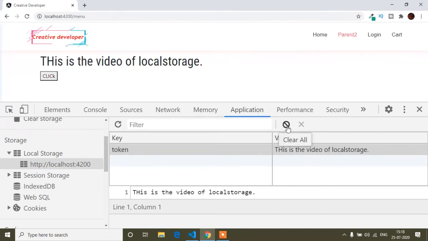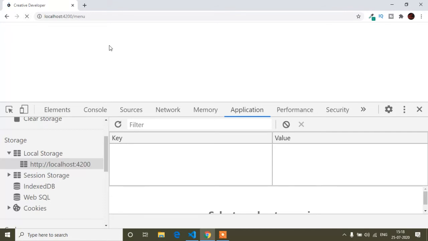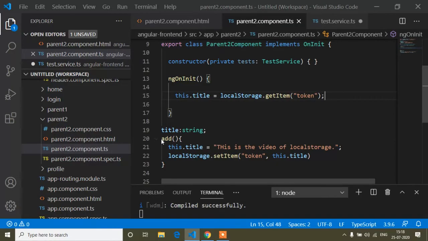First of all, if I refresh, here you can see I cleared our local storage. If I refresh, it's showing nothing, but when I click the button, it will fire this function. That time it stores this local storage.